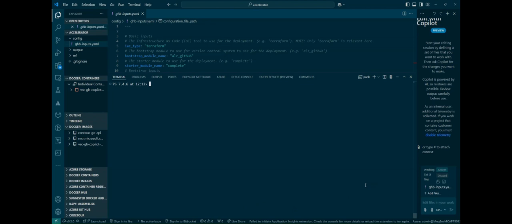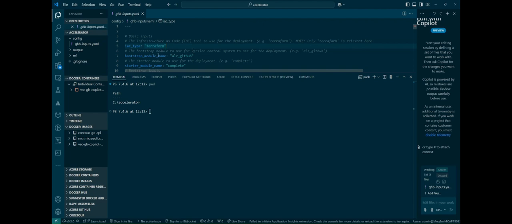Now I'm going to demonstrate the Bootstrap operation, which starts off by first creating a top level folder called Accelerator. So if we look at my current working directory under C drive, I've created a folder called Accelerator, and beneath Accelerator, I have these two subfolders, which are config and output. So config will contain your input file, and the input file is what we're showing in the editor at the top, where we have the values for the parameters that will be used for the Bootstrap commandlet, like the IAC